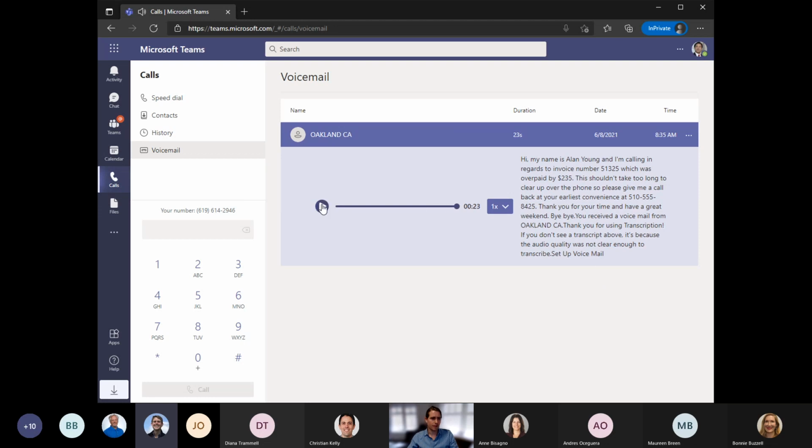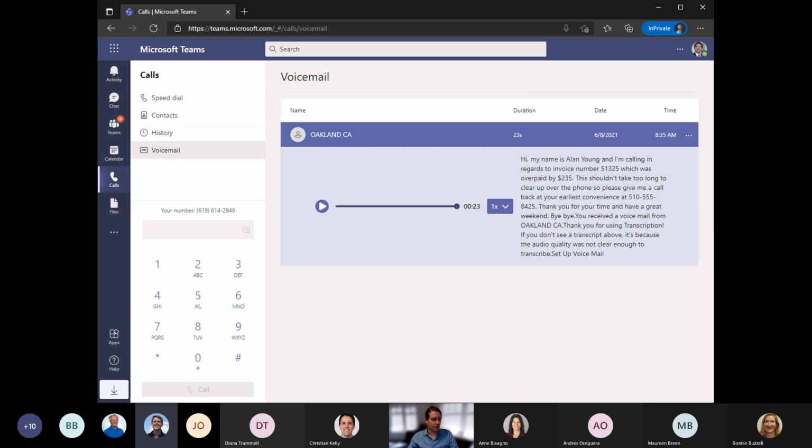Bye-bye. So as you can see, the voice transcription got that 100%. It's normally pretty close to 100%. I've seen this be much more accurate than our last phone system, which was also a cloud-based phone system, but really struggled to capture transcriptions accurately, especially if somebody had an accent. Not saying that won't be a problem here, but it does seem to be pretty improved, and Microsoft's doing some impressive things in the back end to get that transcription accurate.